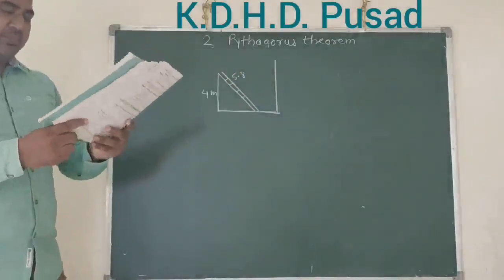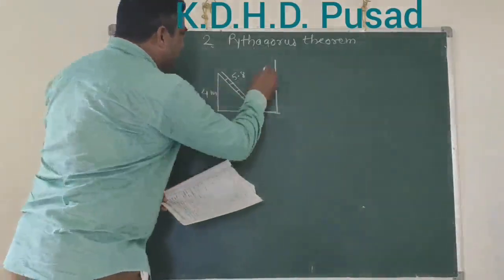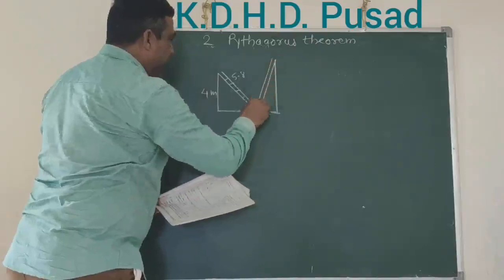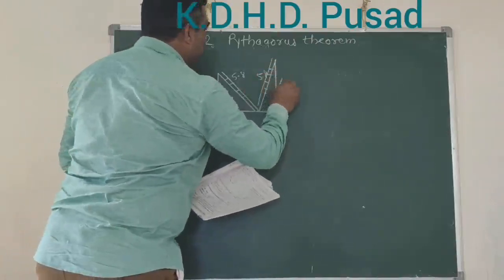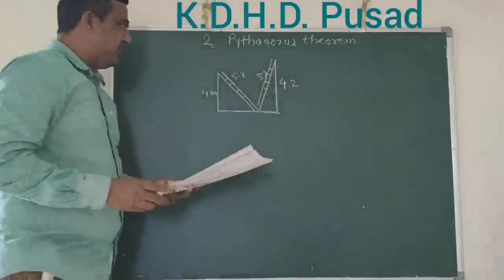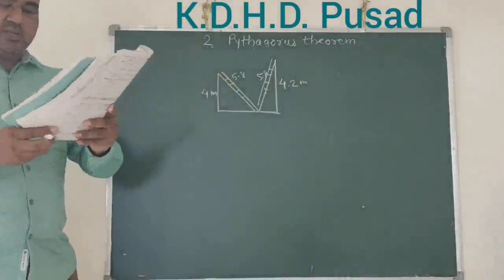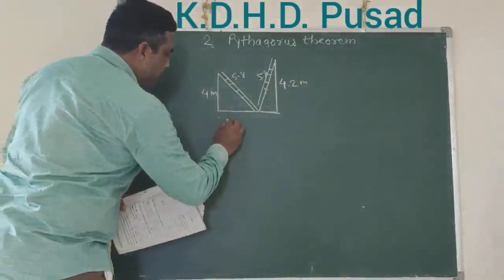And then on turning the ladder, now this ladder is turned to this side. That is the ladder again. Same ladder turned, same length 5.8, reaches the height 4.2 meter of the other building. Now your question is, find the width of the street. We want to find out this portion.